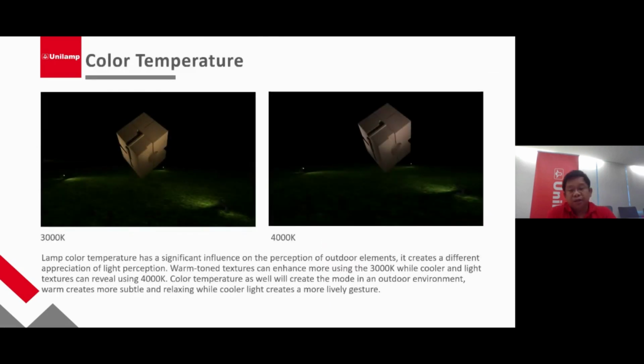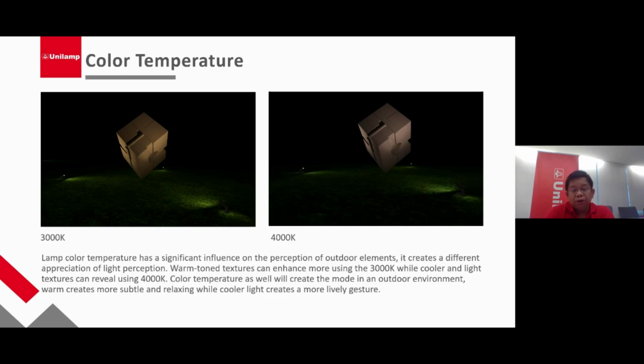color temperature as well, which plays an important role in landscape design. So normally if you have very warm materials or dark materials, it's better to enhance them with probably 3000K or 2700K to make it more dark, or it will be more blended with the color temperature of the lamp. But